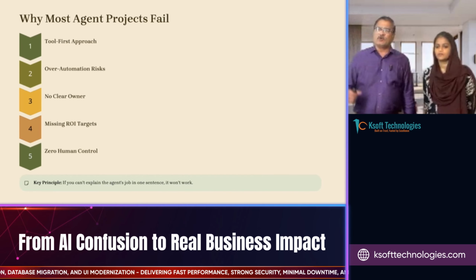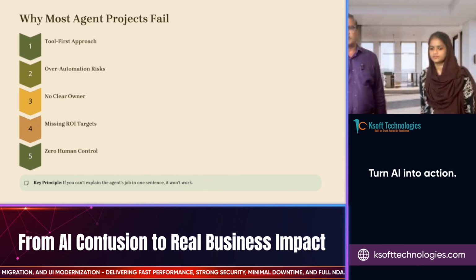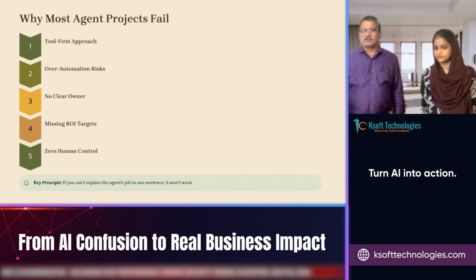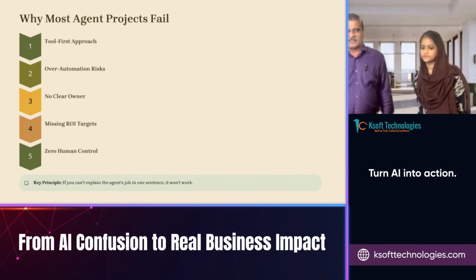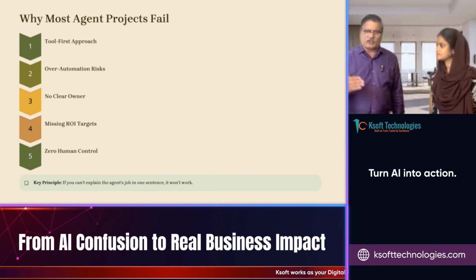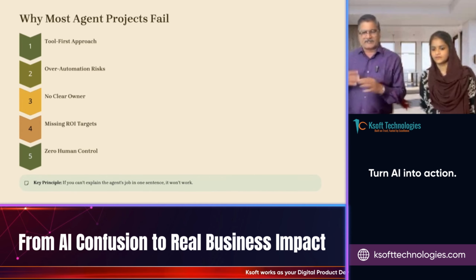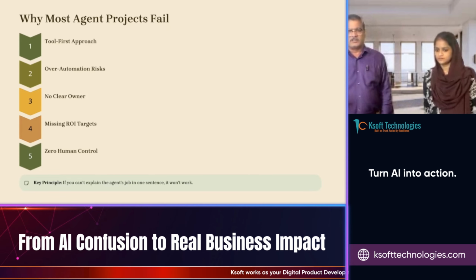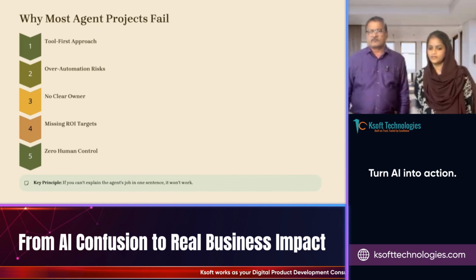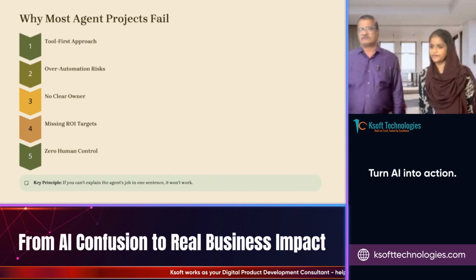Now we go to why most agent projects fail. That's a bigger question. It comes from the tool-first approach, as we discussed earlier, where we decide the tool we want to use, and then think about what we should do with it. It's like I need a car. No, I need to travel from A to B. First I go and take a car, then I think where I need to go and how I should go, which becomes secondary. In the same way, you purchase a tool, then you start thinking what you need to do with it. It becomes a difficult proposition. Yes, that is why most agent projects fail: the tool-first approach.